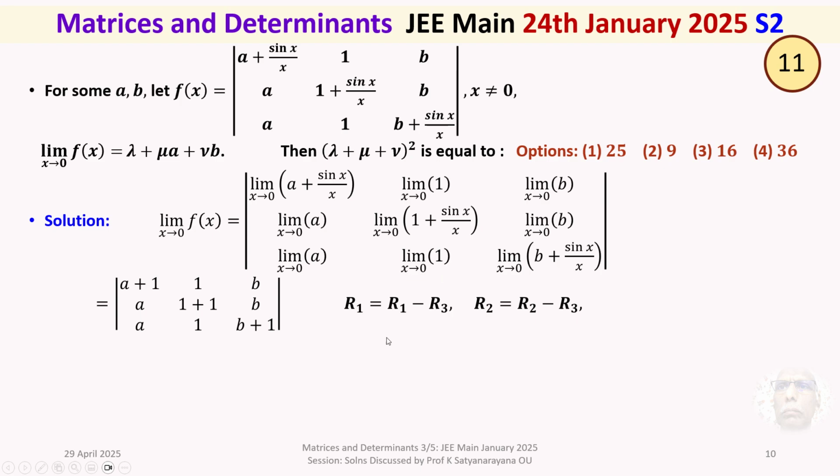To expand this one, we make two elementary row operations. By performing elementary row operations on a determinant, the value of the determinant is not going to change. If you do that, you'll get the first row as it is. The second row is